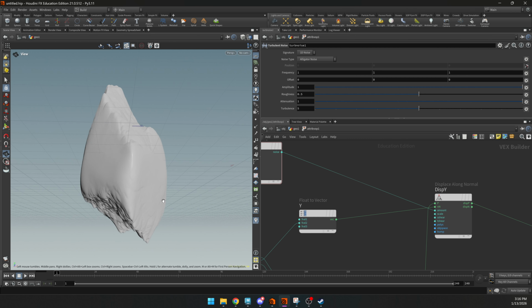We can go and we can change the amplitude. If you're not seeing any displacement after connecting these, go back to your geo and make sure you have the blue display flag turned on your attribute VOP, because if it's still on the subdivide, you're not going to see anything in your VOP regardless of what you do. So make sure the display flag is turned on, and then you can go back and then hopefully you'll see